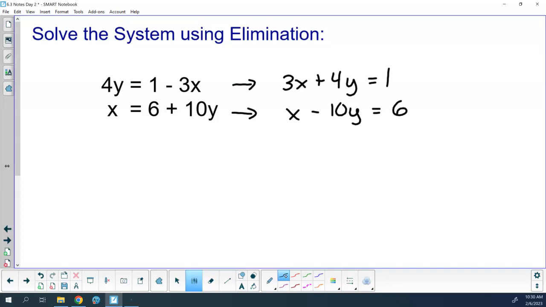Step number 2 says I gotta manipulate them so that we get the same coefficient. Just one positive, one negative. That should be a positive 1, not a negative 1. Multiplied by negative 3 here. So that will be negative 3x plus 30y equals negative 18. So then that is going to give me